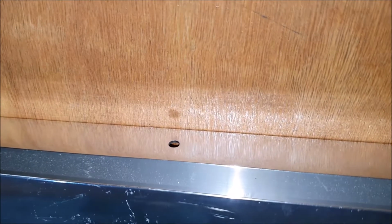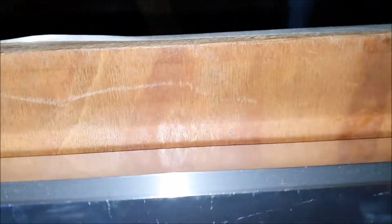Speaking of looking good, tiny gap there. Okay, no gap, just a tiny bit on that end. Virtually no gap, nice and straight. Quite happy with the result. And yeah,